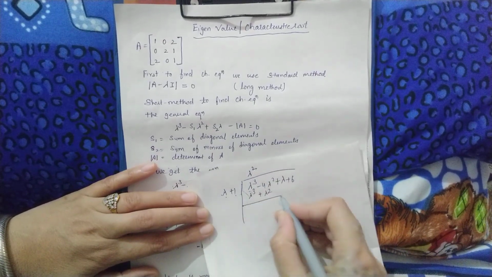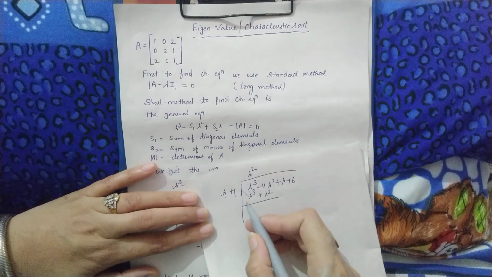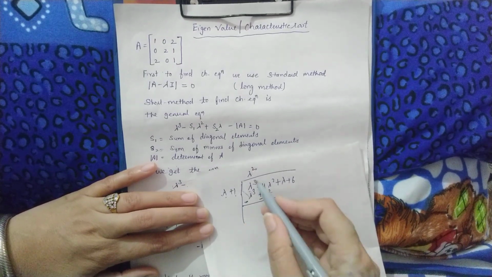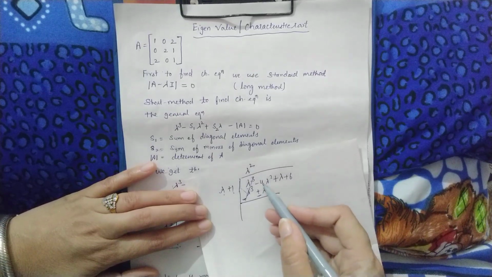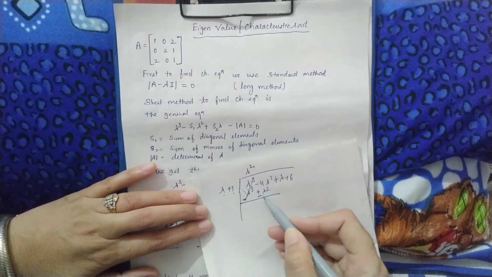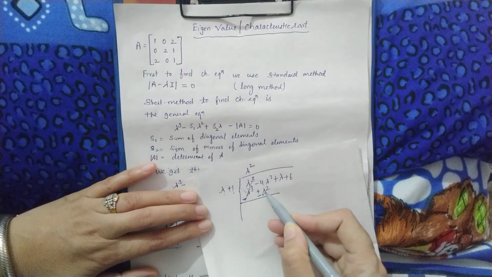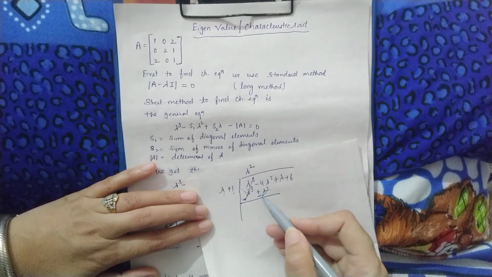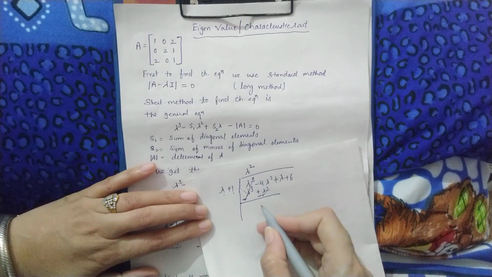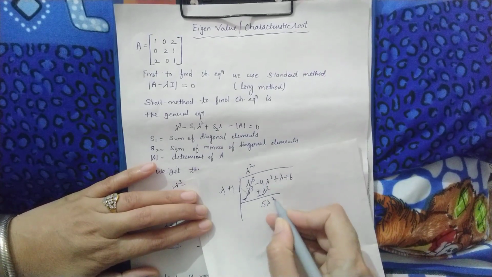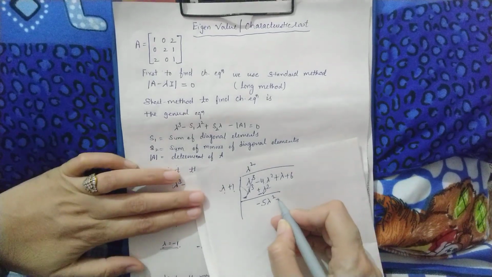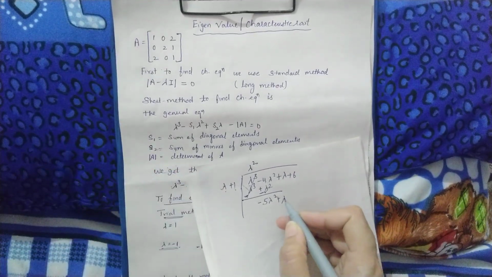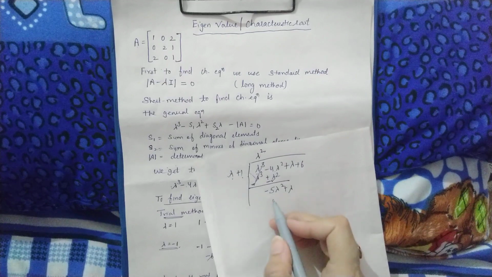In this division method we change the signs and it cancels out. What are we left with? Minus 4 and minus 1. Now you have to consider the new sign, not the previous one. That means minus 4 minus 1 gives minus 5 lambda square, and from above we bring down plus lambda, right?